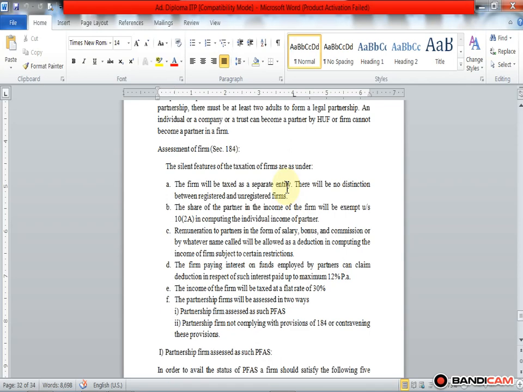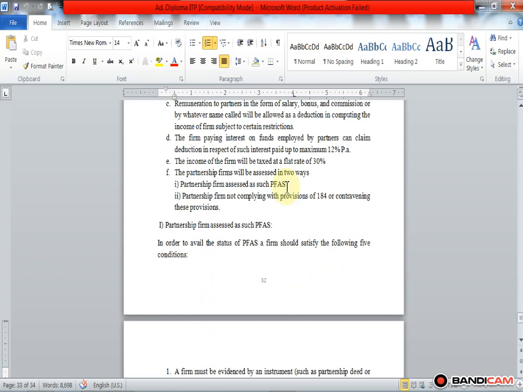Then next, the firm paying interest on funds employed by partners can claim deduction in respect of such interest paid up to a maximum of 12% per annum. It means not more than 12% is an allowable deduction for interest. So within 12%, the deduction can be allowed